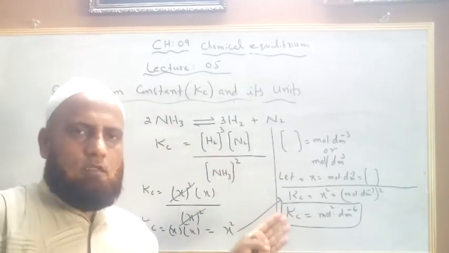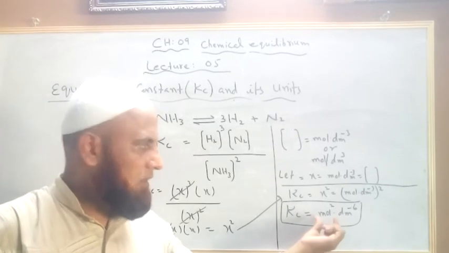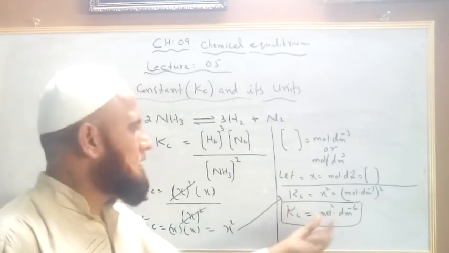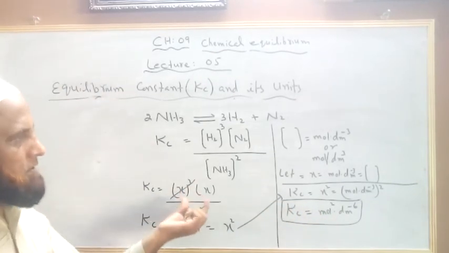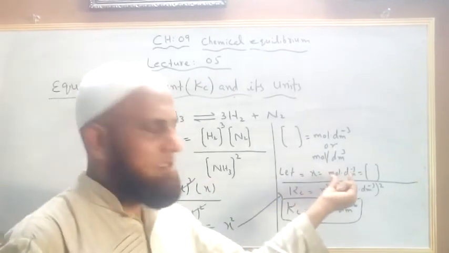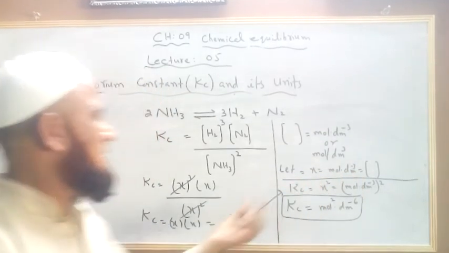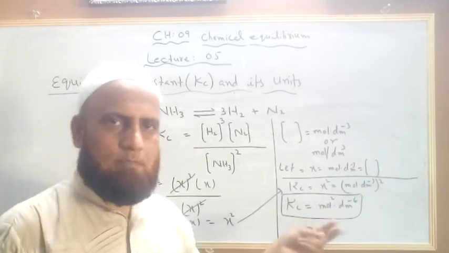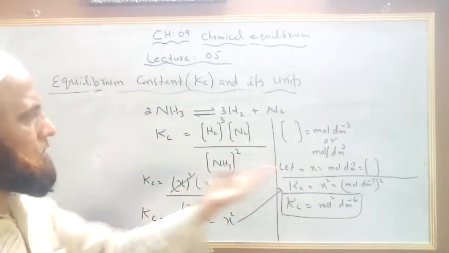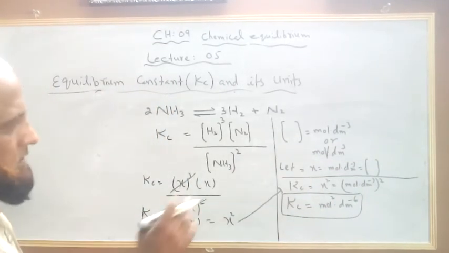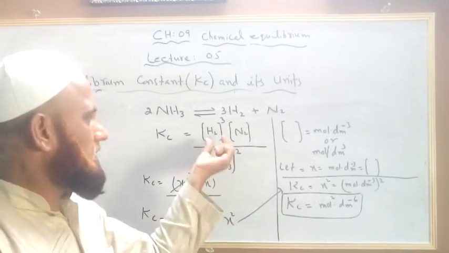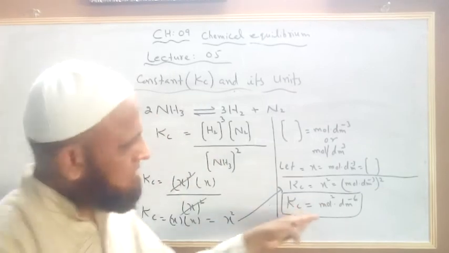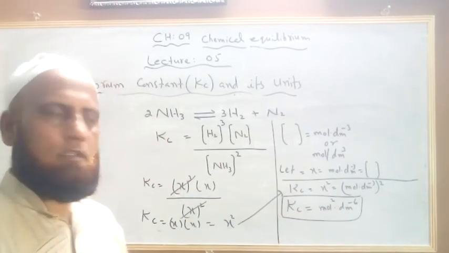For different reactions, you would have different units of Kc. Got it? Okay, so this is the method to use by supposing the mole per dm cube as x. Now if you want to calculate it as a, by using mole per dm cube completely, then it can also be used, but I would suggest that instead of writing the mole per dm cube, you should use the x, so that at the end you can convert it into this form.